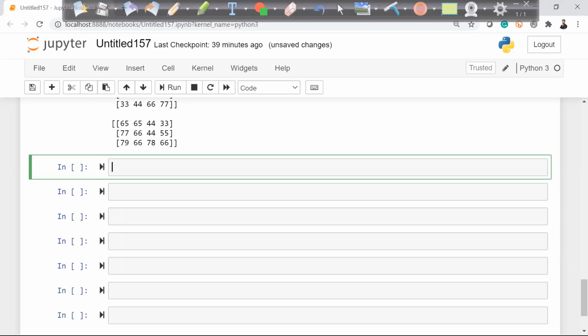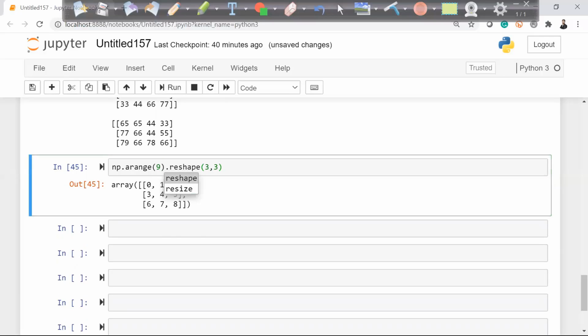let's say I am generating a random matrix. If you guys remember, there is a function called arange. I am using arange of 9 dot reshape 3, 3.